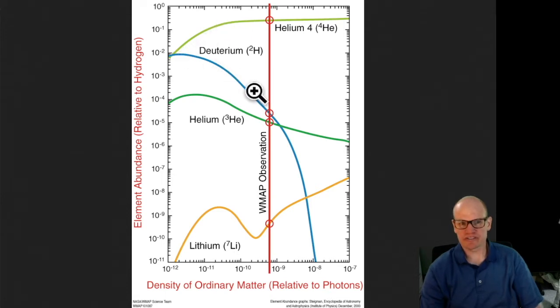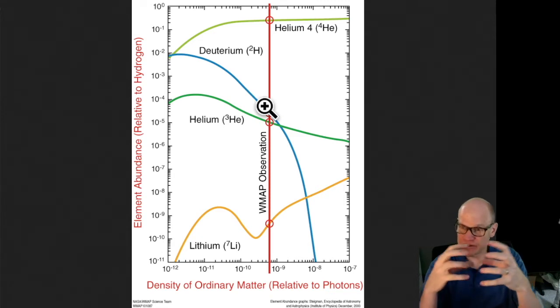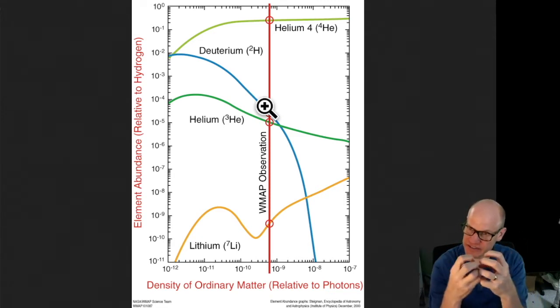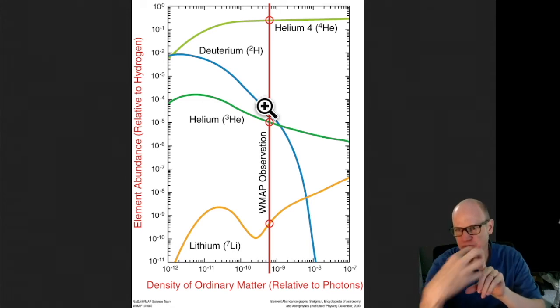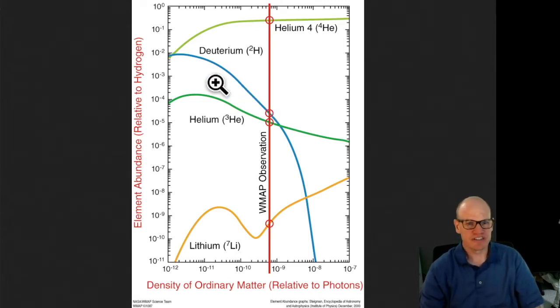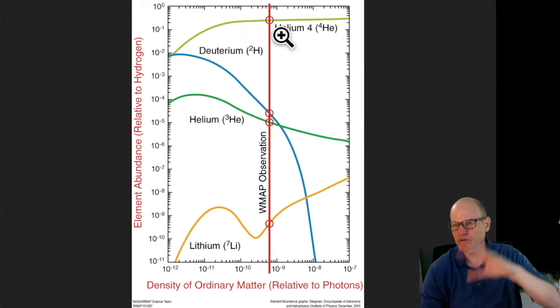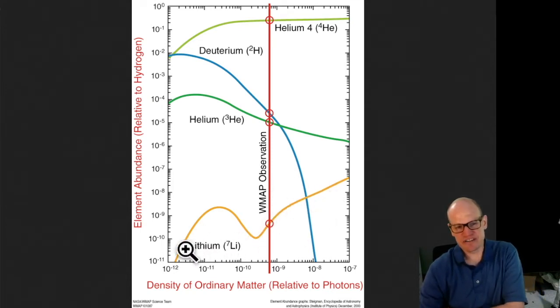The deuterium abundance will actually shrink because deuterium is fairly easy to burn, or very easy to incorporate into heavier elements. So you'll form the deuterium and it will almost immediately join into something else if it has something else to join to. And so the deuterium abundance will drop. Helium-3 will also drop because it will be converted into helium-4 or into lithium or something like that. So you can see the helium here will drop as the lithium abundance rises. You'll have this lithium here.